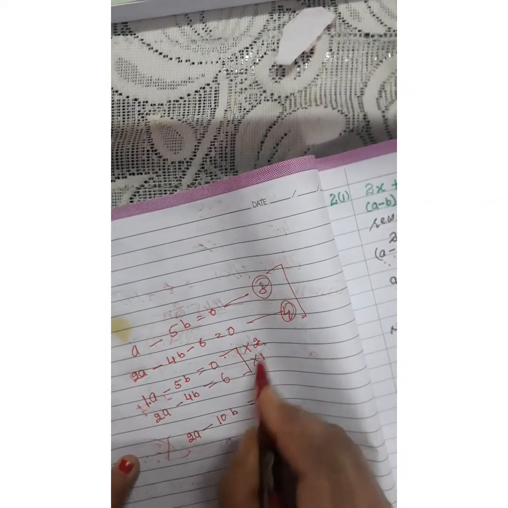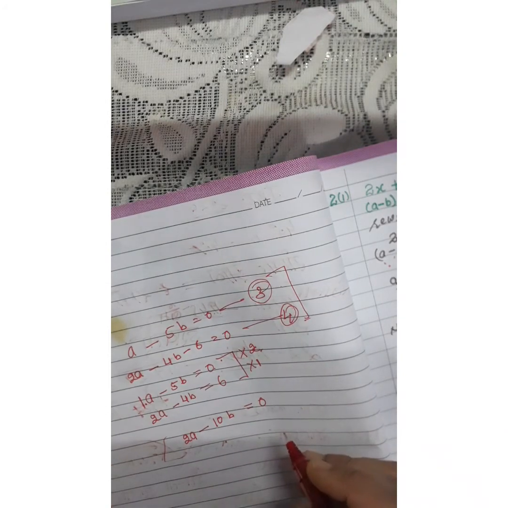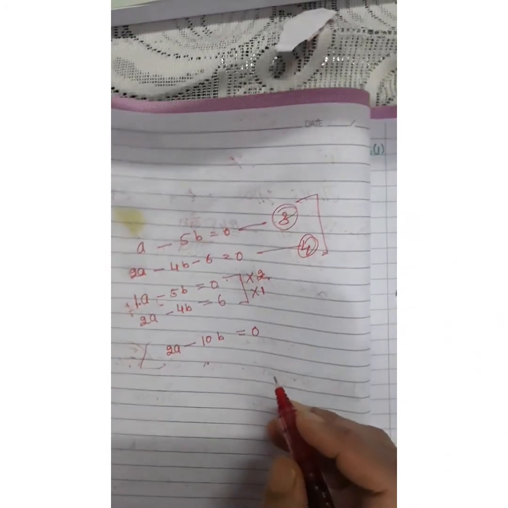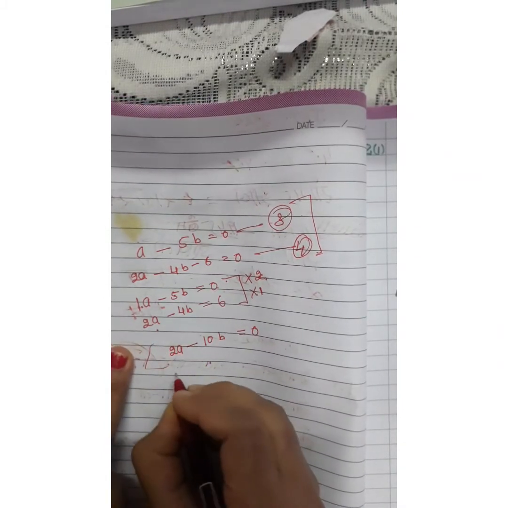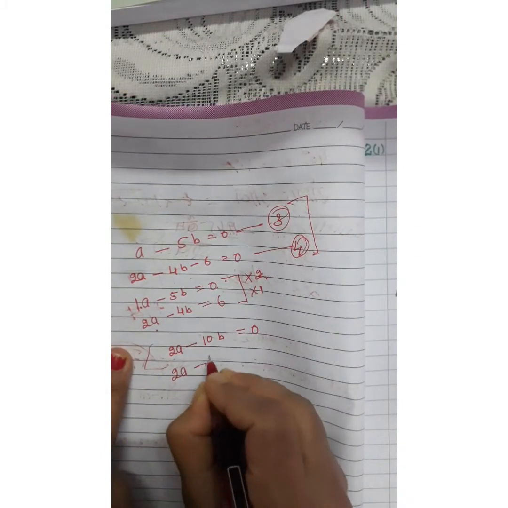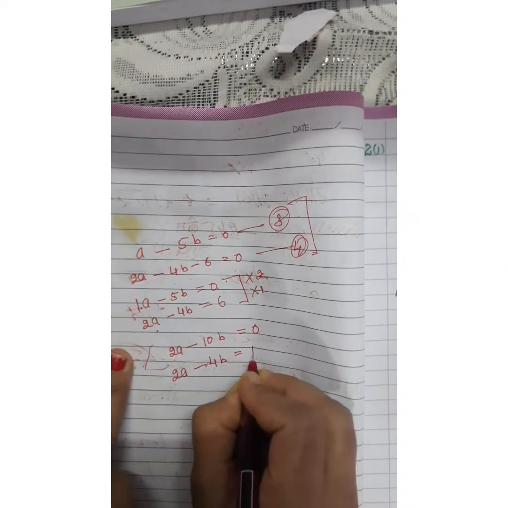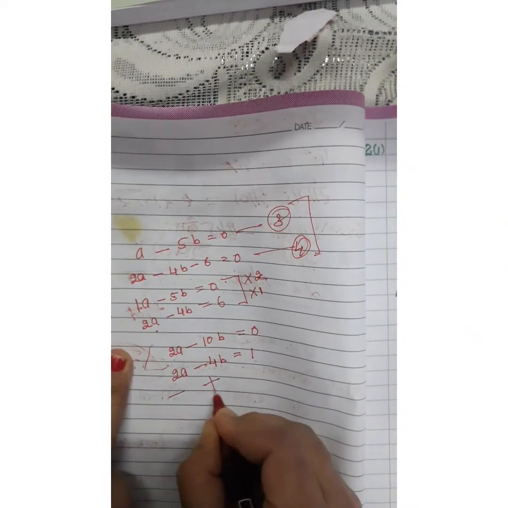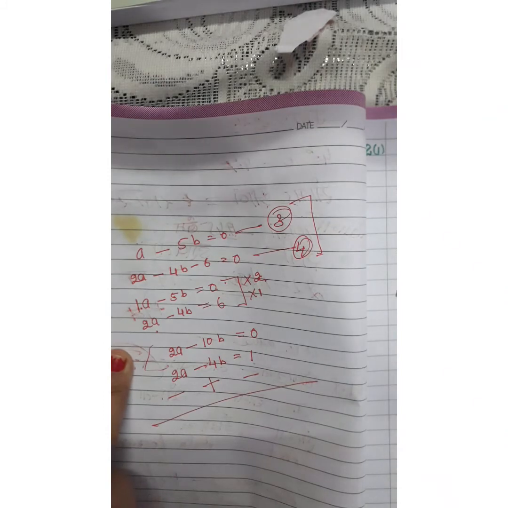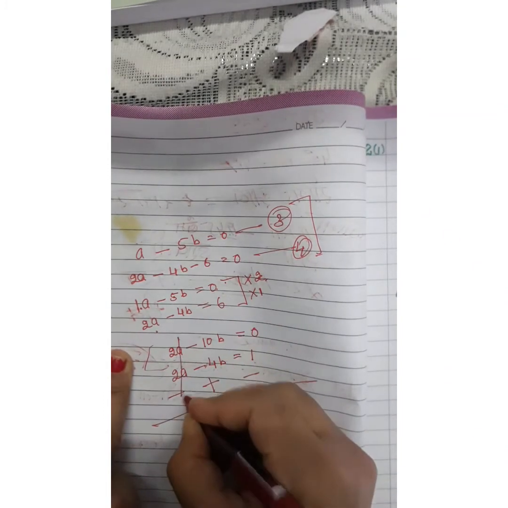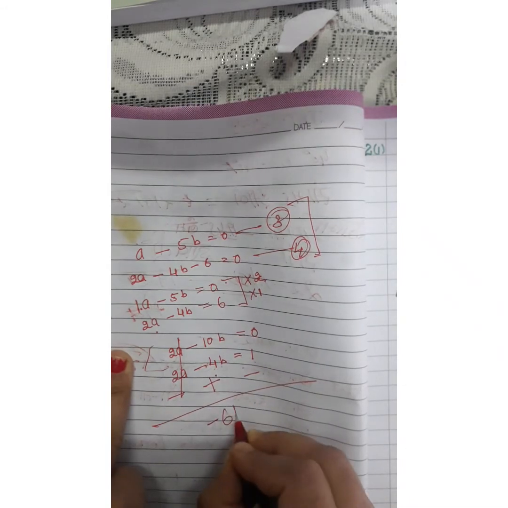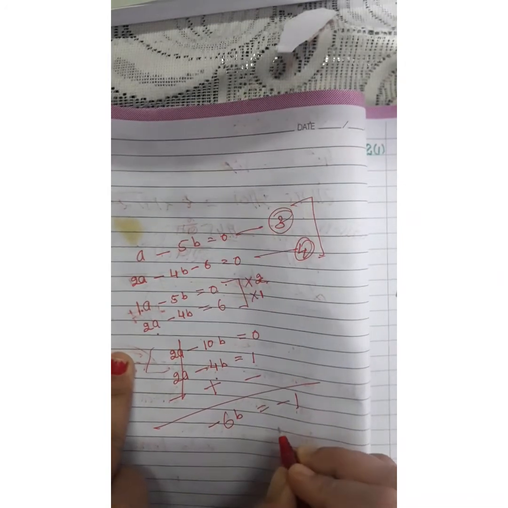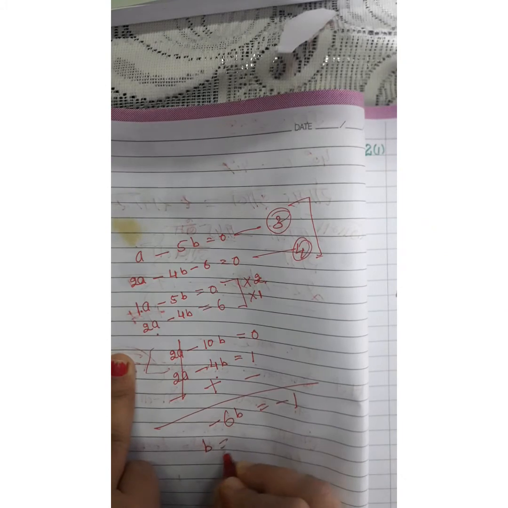0 को जब आप 2 से मल्टीप्लाई करते हो तो 0 ही आएगा, राइट. आफ्टर दैट 1 से जब आप इन दोनों को मल्टीप्लाई करोगे, 2a माइनस 4b इज इक्वल टू 1. सब्ट्रैक्शन कर लोगे, राइट. Elimination method, a cancels out when you are subtracting these two. 6b is equal to minus 1, b is equal to